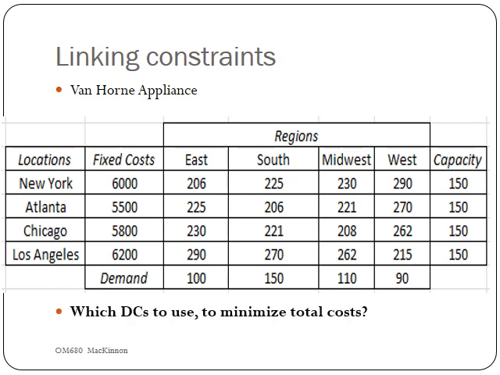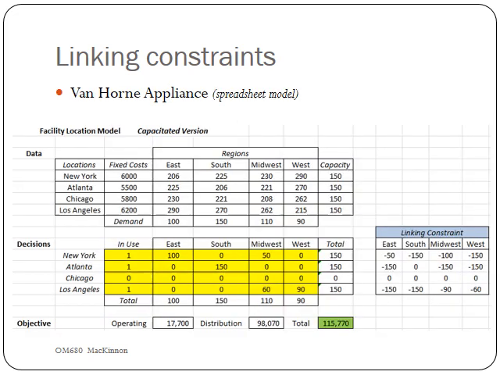All right, and so the question is, which distribution centers, those are the locations, should we use to minimize our total costs? And of course, we have to stay within capacity and we have to meet demand. And in a classic transportation model like this, you know that demands are floors, not ceilings. So demand is always going to be greater than or equal to. So this is the spreadsheet model, okay,